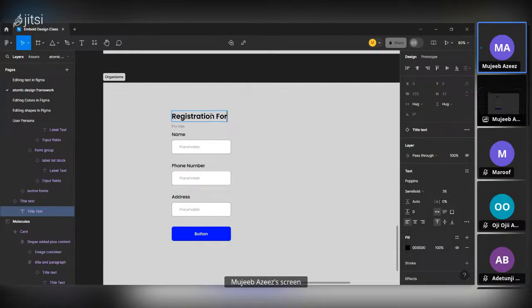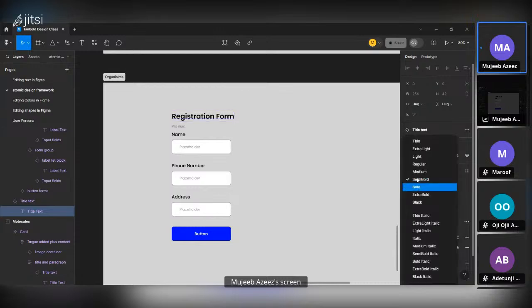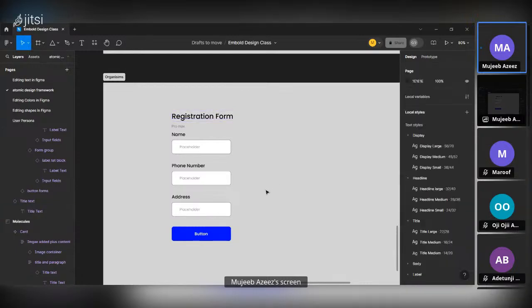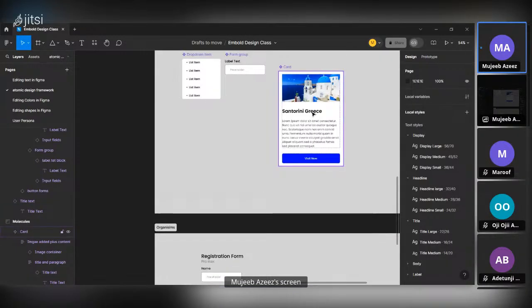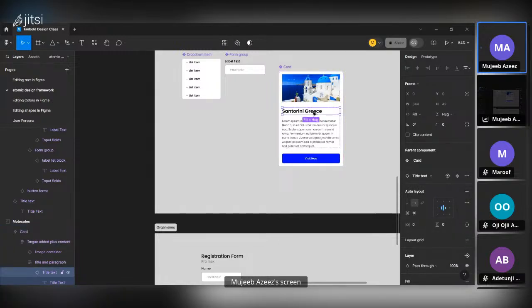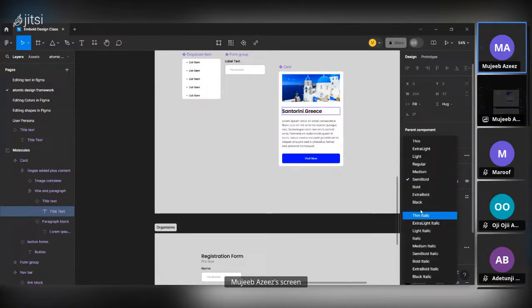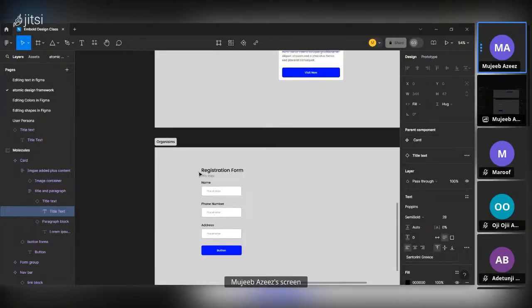Registration form. So let's make this medium instead of semi-bold. We don't want to make it very bold. Just as this, let's also make this semi-bold. It's medium. Let's make that one semi-bold. So since we have this, we can just,